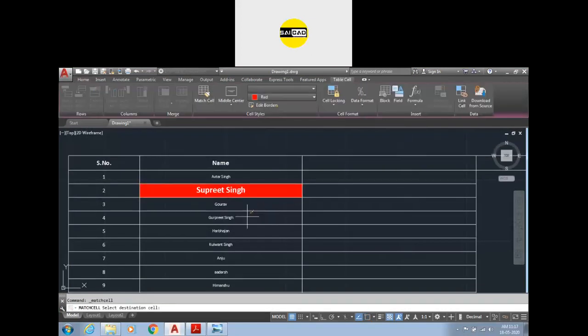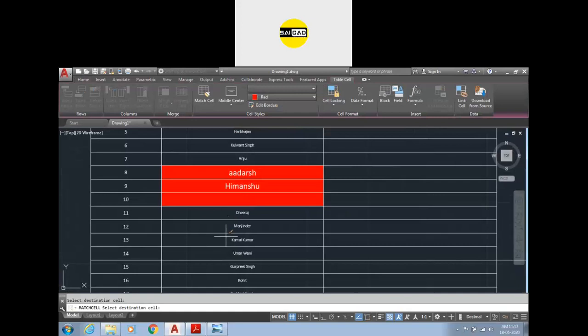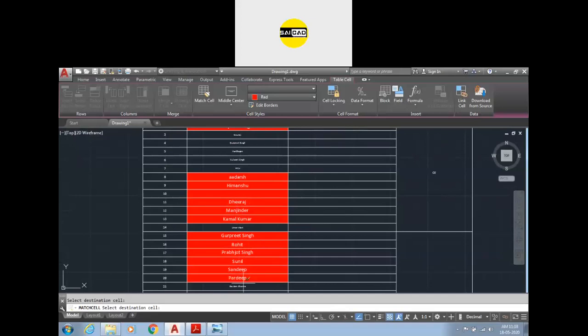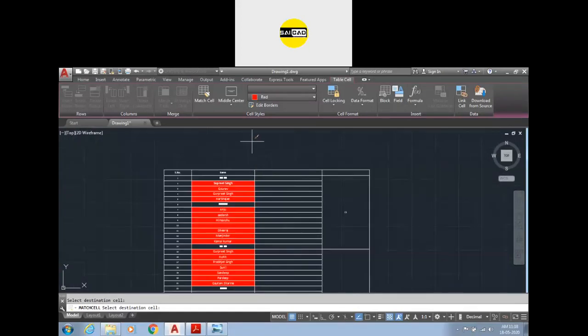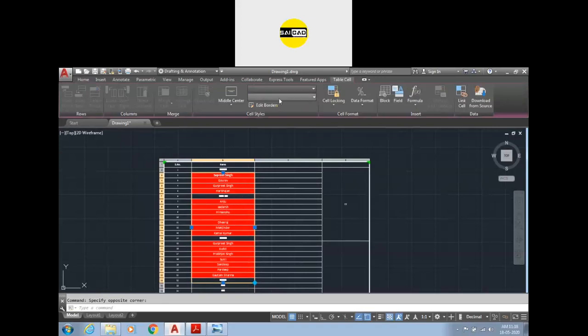So going to match the cell, select the destination. So you don't have any option. You have to just select a single cell. Okay, you cannot just click like that, you have to just single select. Some cells are locked, so you cannot select them. You can use it like that. It's a single option, or we can just select all the rows like that, and we can change the values, or we can change the format like that.